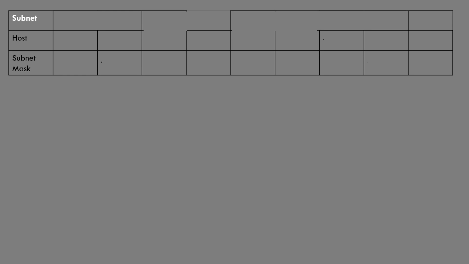192.168.4.0, which is a class C IP, which means that the first three octets will be in the network part and the fourth octet will be in the host part. For the ease of subnetting, first let's create a small table, which is a subnetting table. It contains three rows: subnet, host, and subnet mask. The subnet is populated as 1, 2, 4, 8, 16, 32, 64, 128, and 256. Each number is double the previous number.